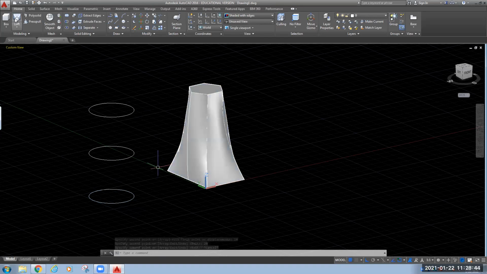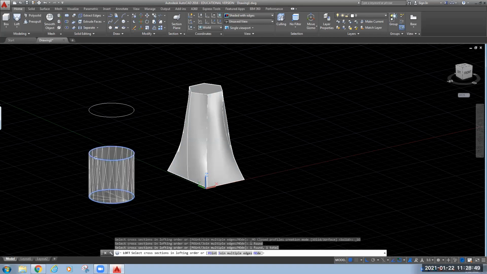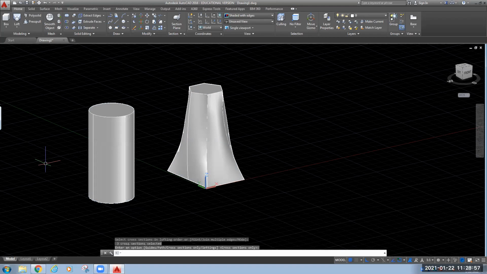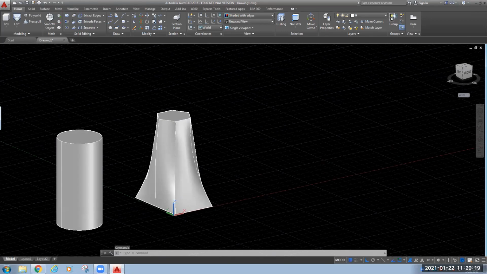Now, here I am going to use that loft command. See here, we have obtained that cylinder. It means it is not necessary that you have to select different cross sections, you can use the same cross section also, but here we will get the same as we have obtained using your extrude command. Okay, so this I have shown you as an example. One more time I will show you, because I have observed in previous sessions that students find it a little bit difficult.